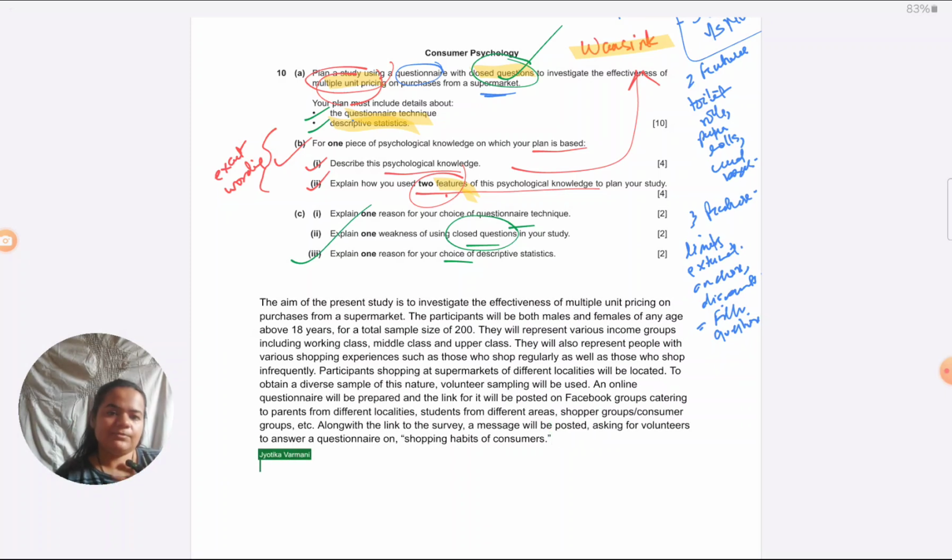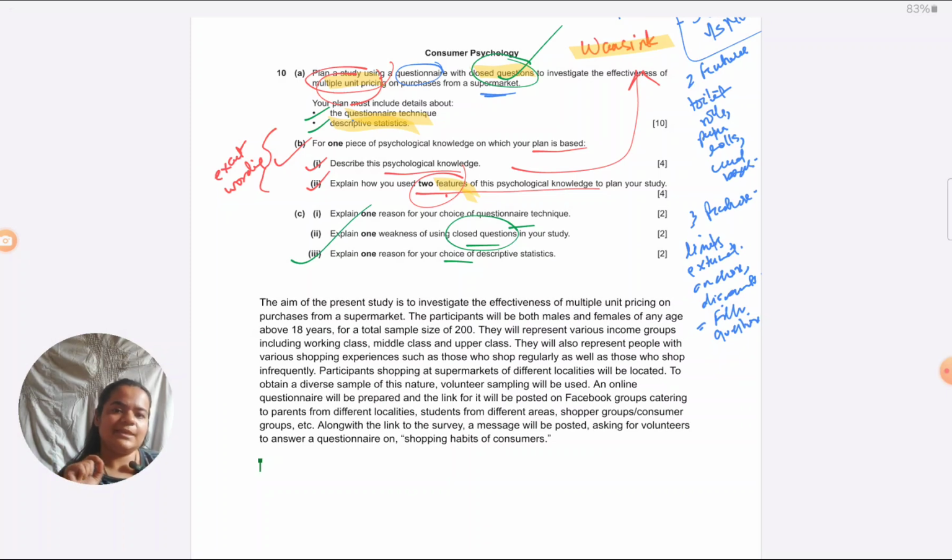Now, the next general feature we need to cover is ethics. Many students like to take the approach of having a separate paragraph for ethics. That's good. I like to integrate ethics where and when I feel it is relevant to the study. In my mind, when I'm designing a study, I'm just going through it stepwise. So first I need to do this, then this, then this, imagining myself to be the researcher. So as and when I feel like this is one place where this feature will be relevant, I like to put it there. So I tend to put ethics up in parts in the study. I don't put it all together.